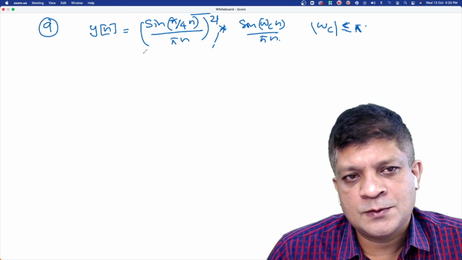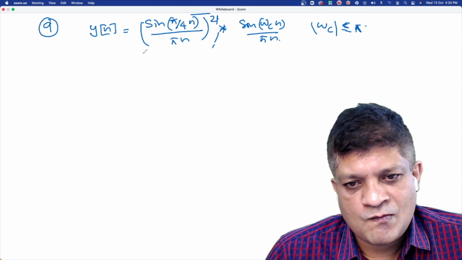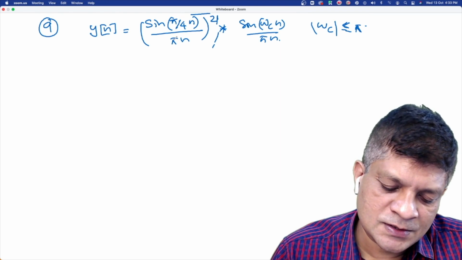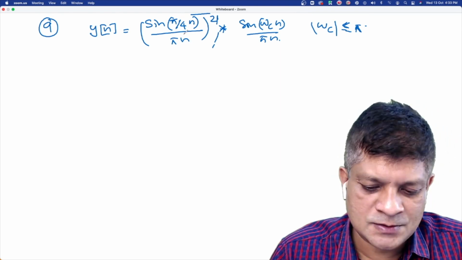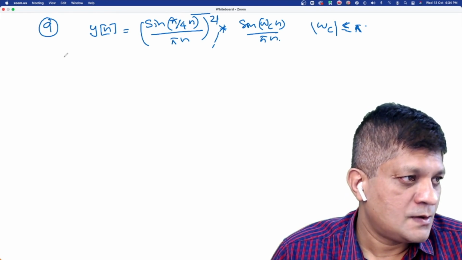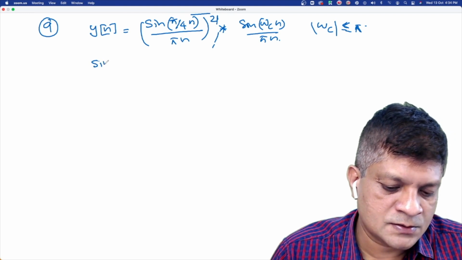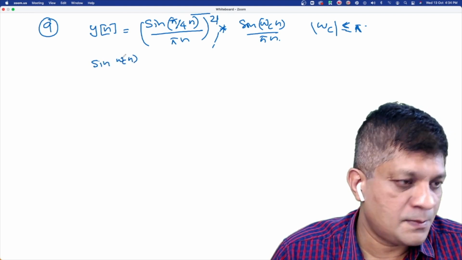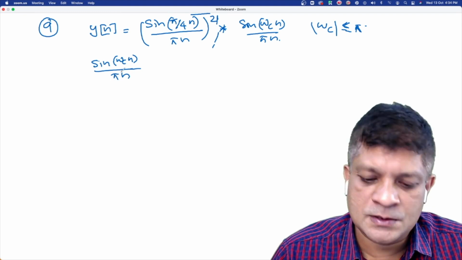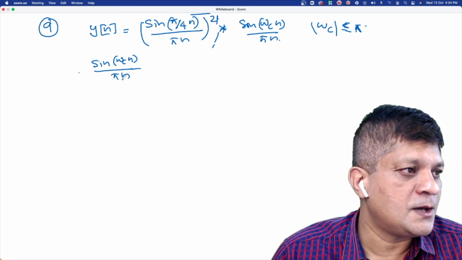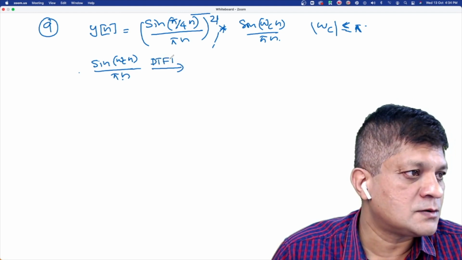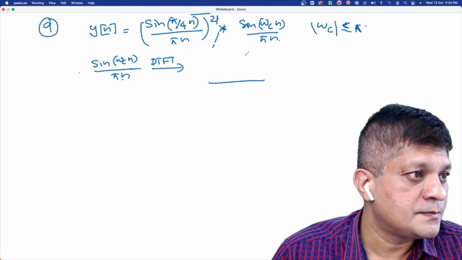So which property can we use? If you look at this question, it is in some standard form. You can see the formula sheet; there is a standard result given: sin(omega c n) by pi n. If you consider this aperiodic, discrete-time signal and take the discrete-time Fourier transform, then it will be